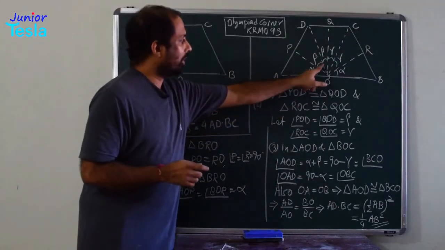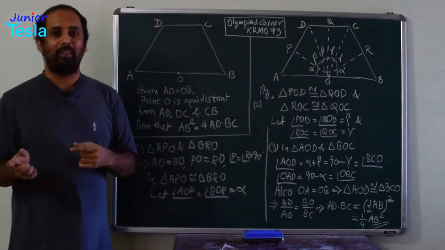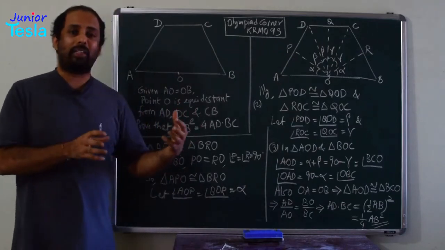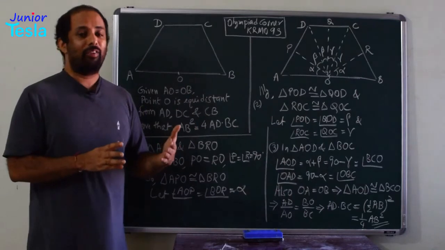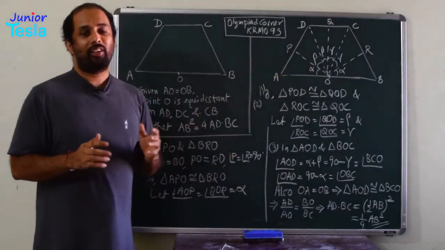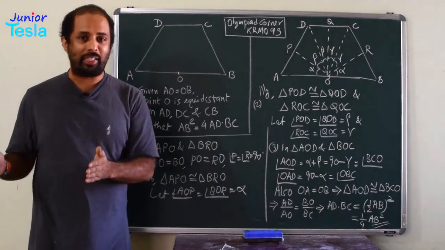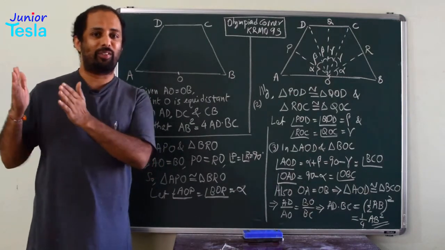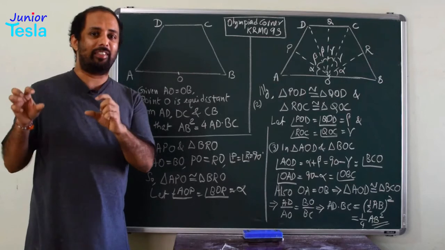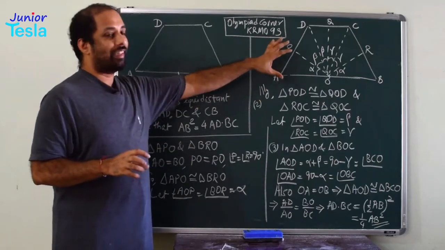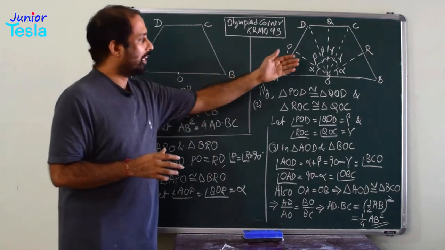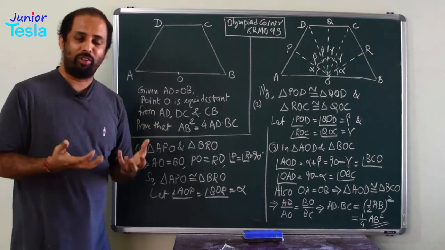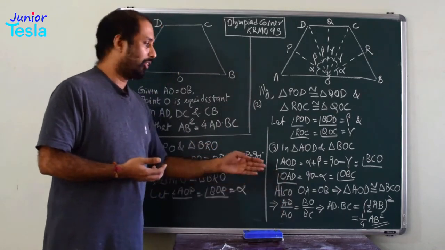And we got to know that alpha plus beta is nothing but 90 minus gamma. And this relation we could obtain only because we had already proved that three sets of triangles are congruent. Remember, without that we will not be able to establish this result. So 2 times alpha plus beta plus gamma is equal to 180 degrees, which means alpha plus beta plus gamma is equal to 90 degrees, which means alpha plus beta is equal to 90 minus gamma. This particular result is established because of three sets of congruent triangles. So we used that property and proved that the bigger triangles AOD and BCO are also congruent, and then we wrote some ratio, then we got the result.